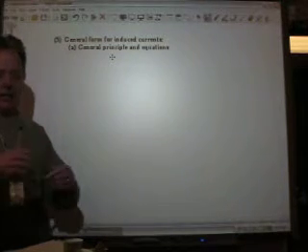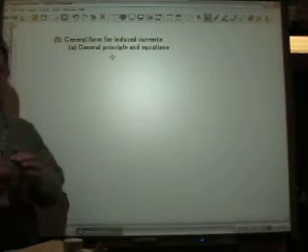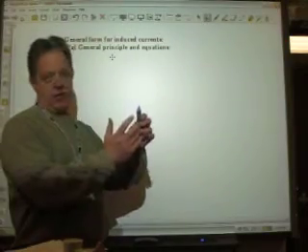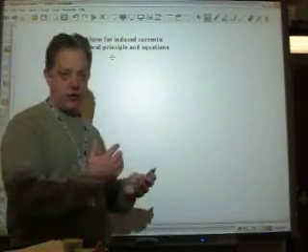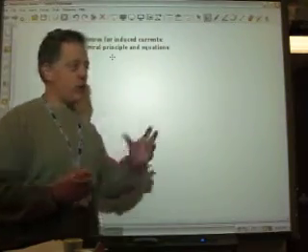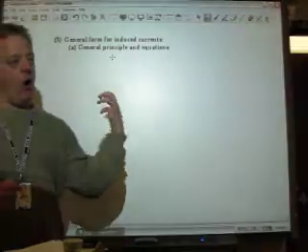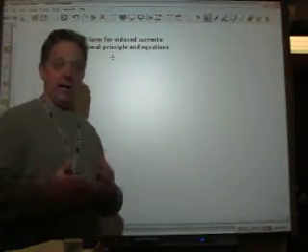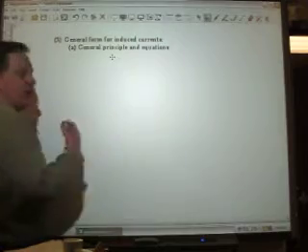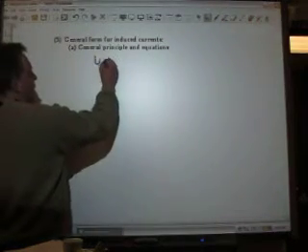Okay, we've been talking about induced currents, and we talked specifically about if I take a wire and sweep it through a magnetic field, that's going to put a force on the charges in the wire and cause current to flow. But that's not really how we generally produce current. What we're going to learn about today is basically how all electrical power in the United States is created. And it uses this principle that when there is a change in flux,